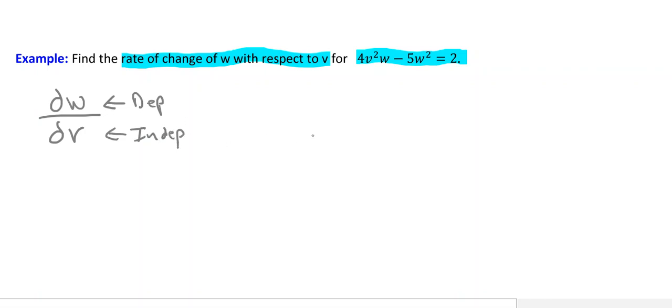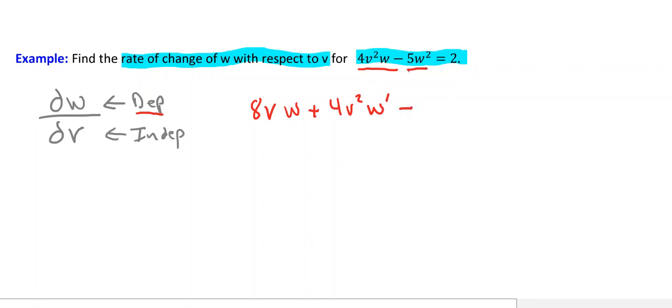So when we take the derivative, we have to take them accordingly. So let's take a look at the first term here, 4v squared times w. V is the independent variable, w is the dependent variable. So we're also going to have to use the product rule here. So my first function here is 4v squared. That is independent, so the derivative of that is 8v. And we multiply that by w plus 4v squared times the derivative of w, which is the dependent variable. So that would be 1 times w prime